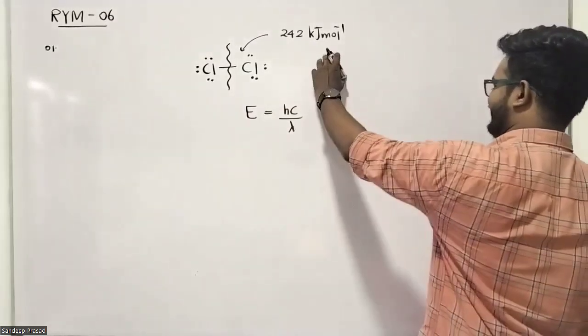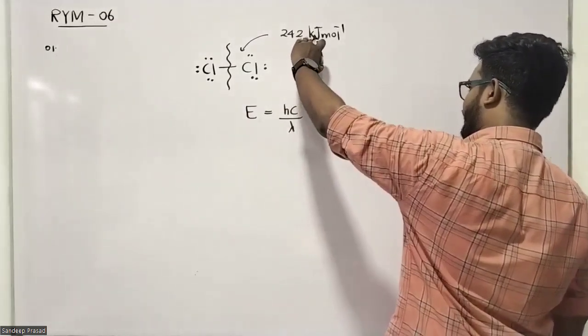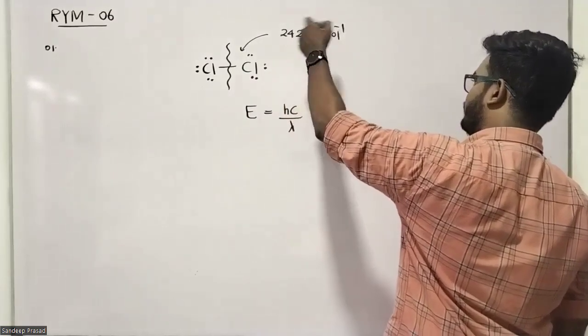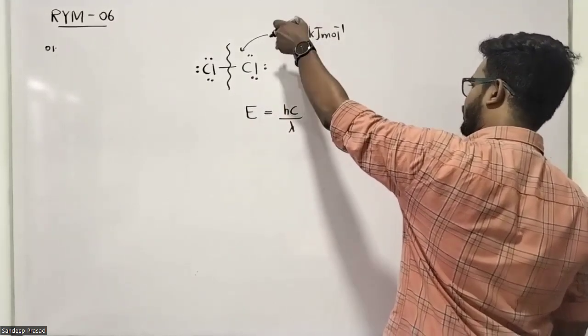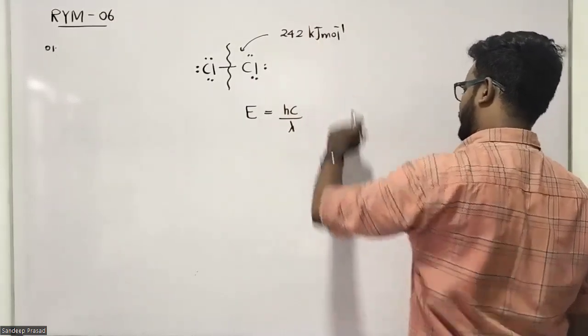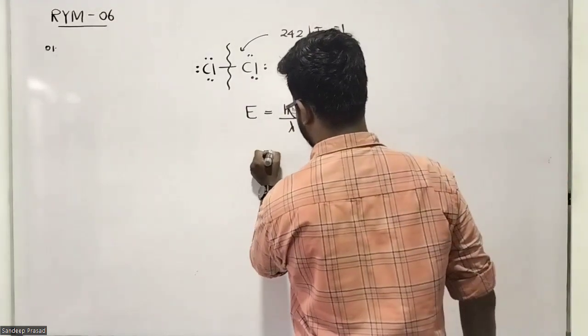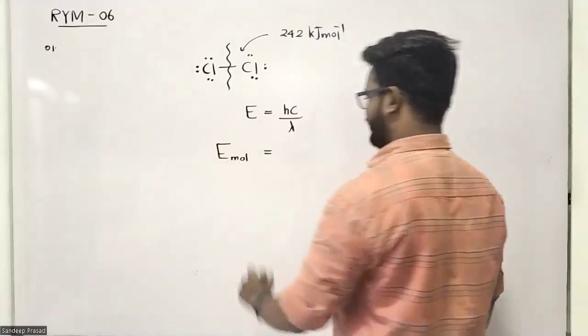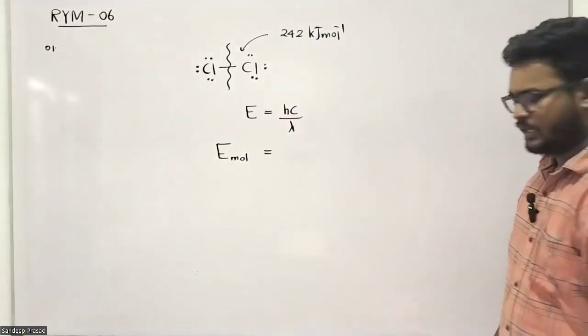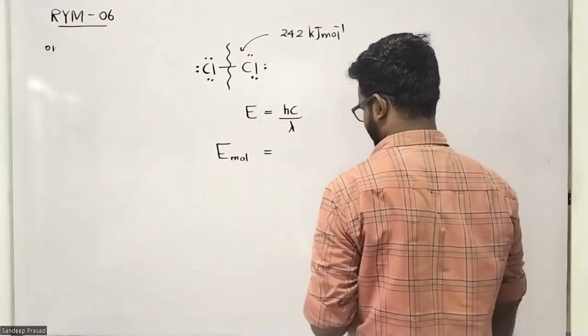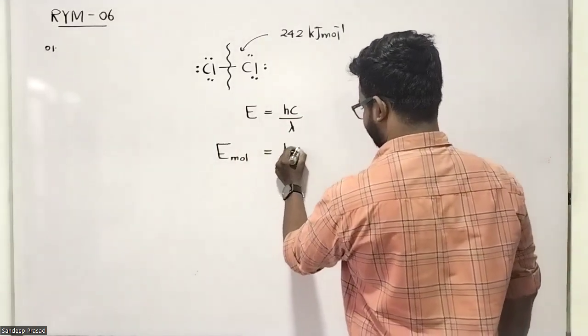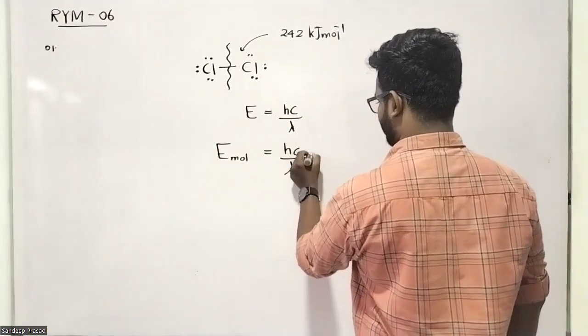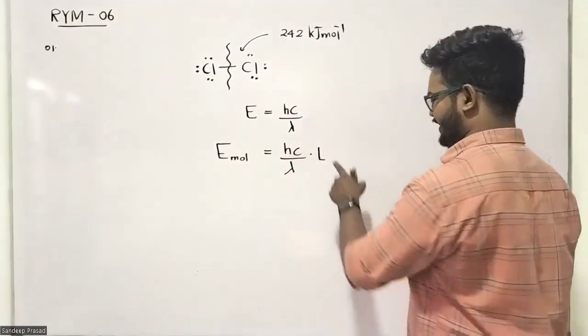But here you can see that they have given the energy required to break 1 mole of chlorine molecules. Therefore, you have to understand that we have to consider the total energy required to break 1 mole of chlorine molecules. Therefore we can rearrange this equation into E mole equals hc over lambda into capital L. We know that capital L means